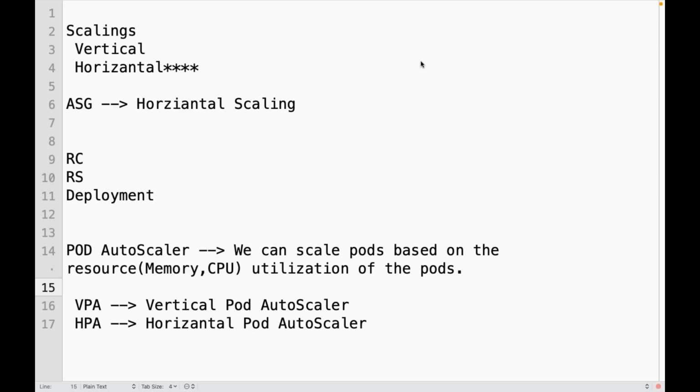Yes. If you don't take any action, if your pod is running out of CPU,